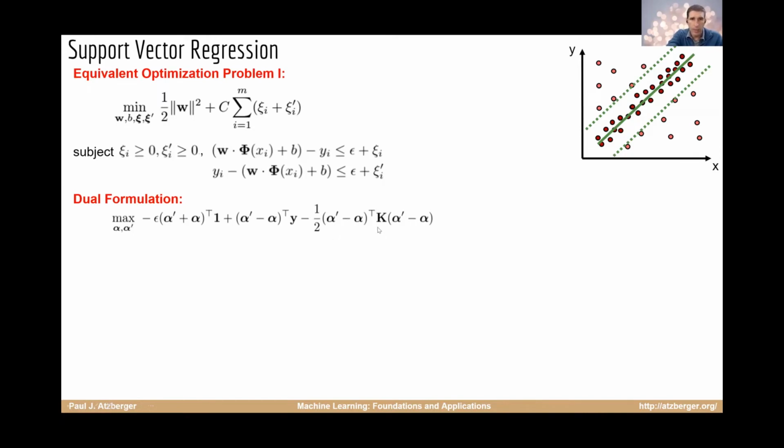You can see the role that is being played by the kernel is, again, conjugated with these alphas. Just now you have these differences of alpha prime and alpha. I guess I should have kept C here. C, I believe, is coming in front of the K term. So the hyperparameter C, I just set to 1 for the moment. And then this is on your data, and this is on the